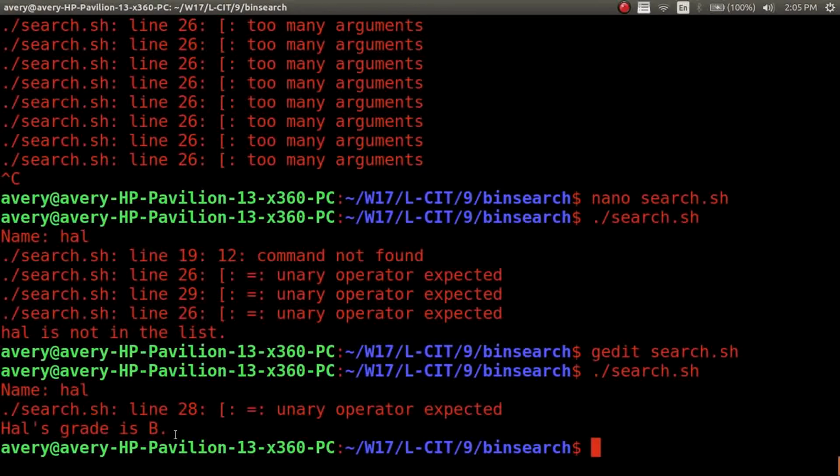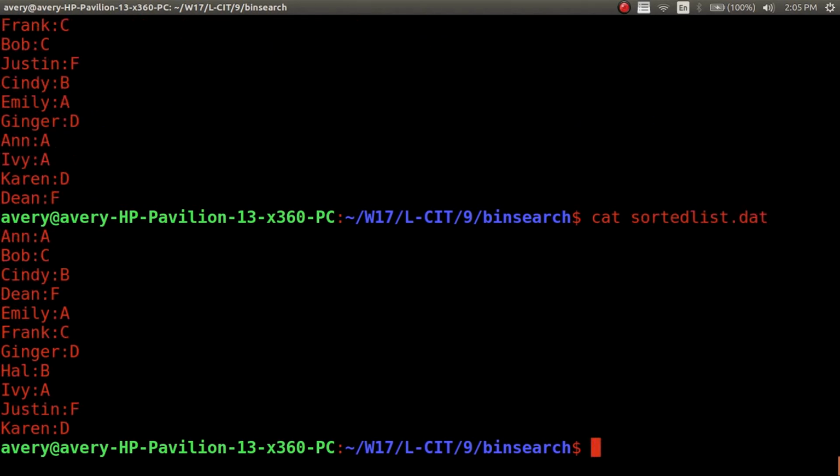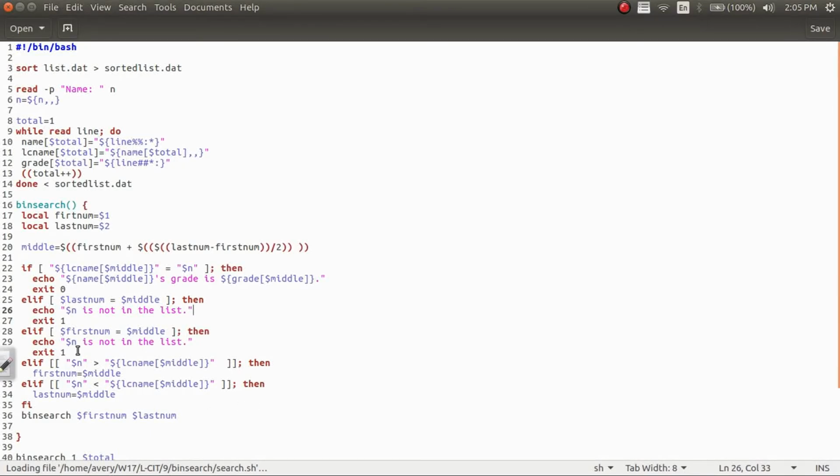House grade is B. Okay. Before we check that, we'll just make sure that's right. So cat list.dat, house B. And then also, if you do cat sorted list.dat, you can see it's alphabetical now. But, so yeah, house B. Let's check out that error. Unary operator expected. It's line 28. So right here,